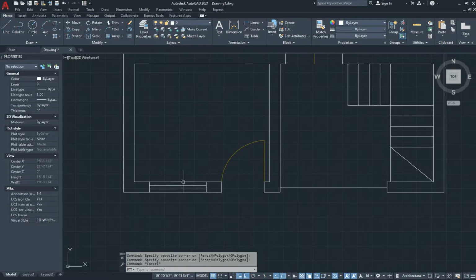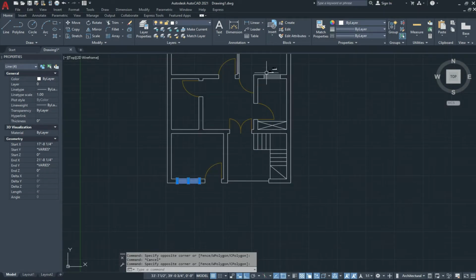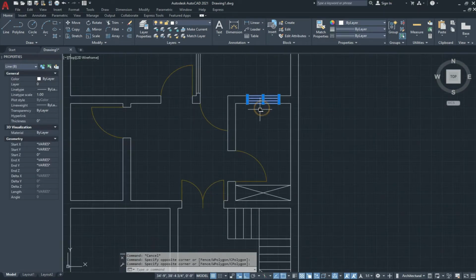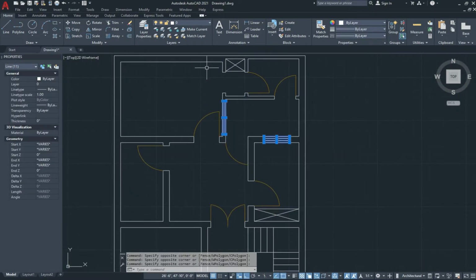Now we select the windows and change the layer to windows.